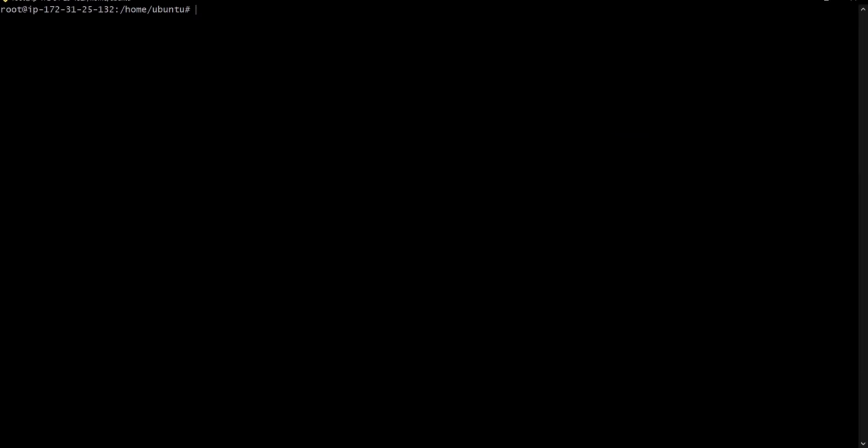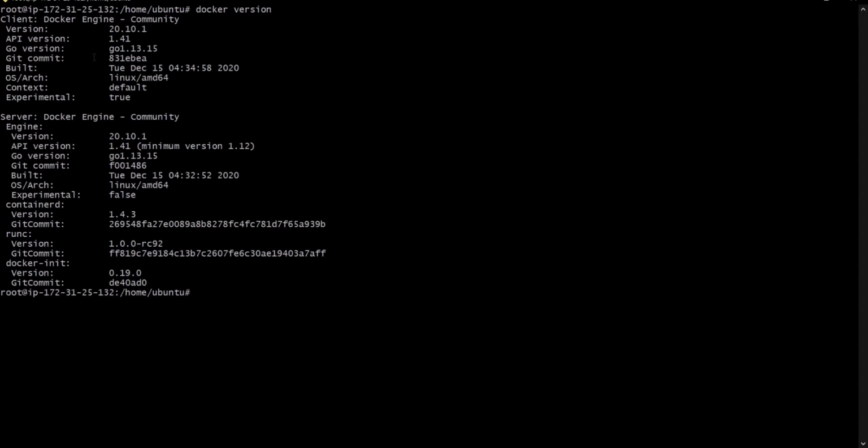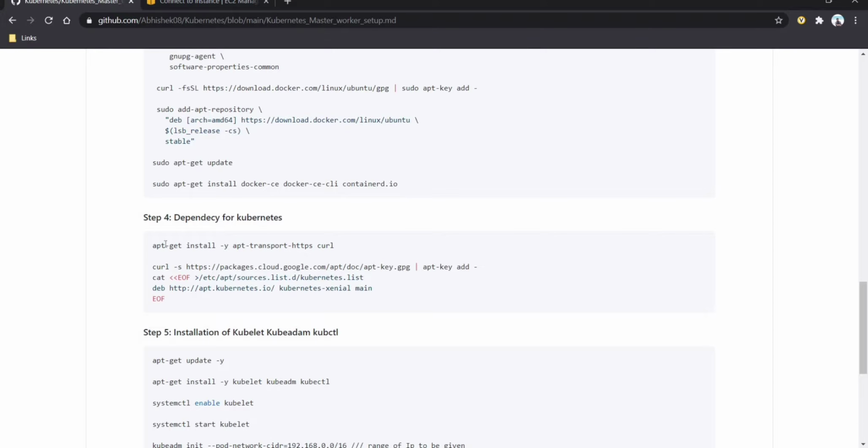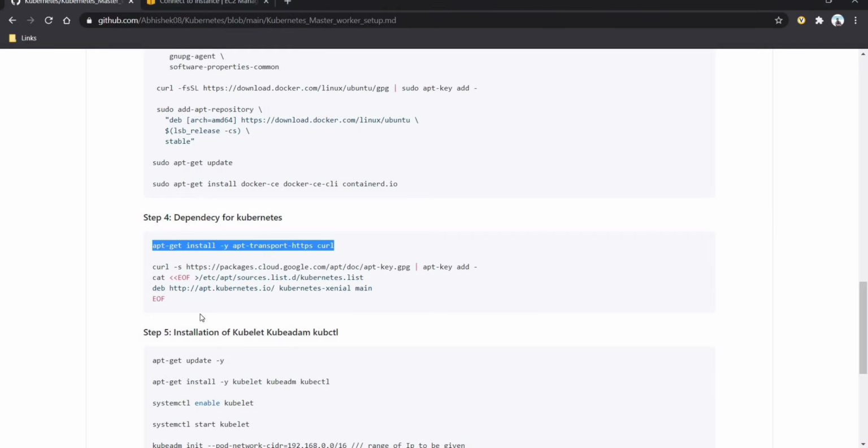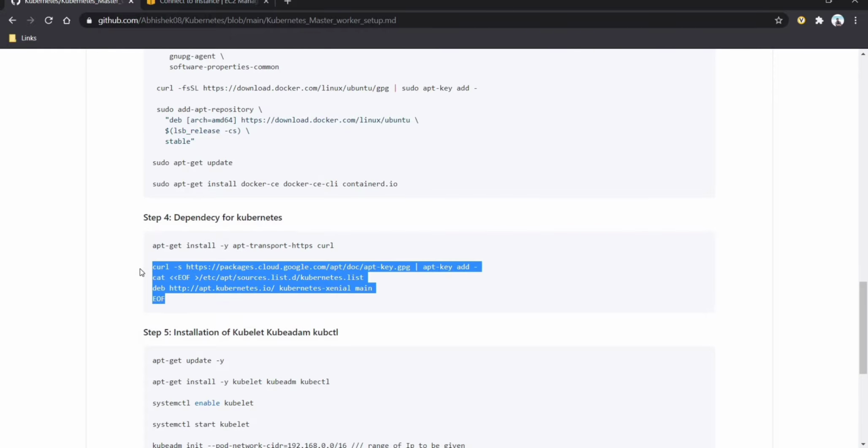Docker is working. If you want to check Docker, just type docker version and we can see the version of Docker. Let's clear it. Now we have to provide the dependency. It's working. Now we have to add this command.